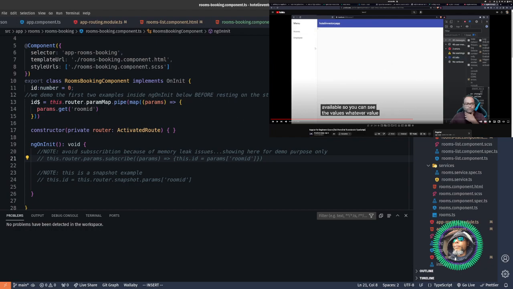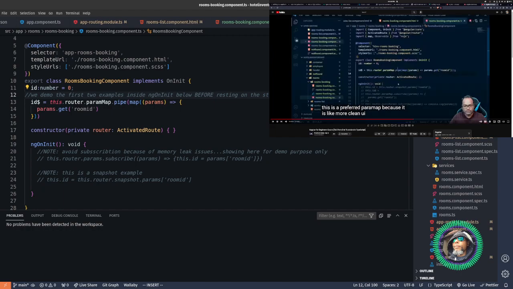The params map value we change, we are getting that value available here. So this is the preferred param map because it is a cleaner approach rather than just getting the value like this, which may throw an exception in case the key